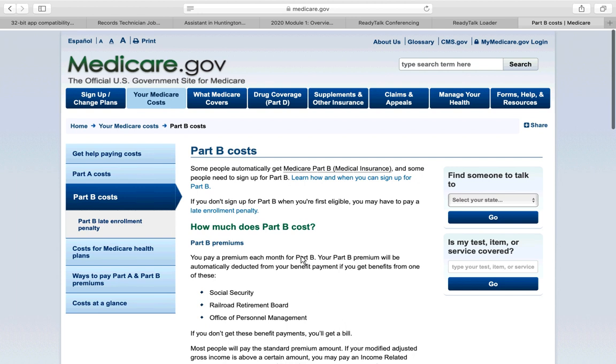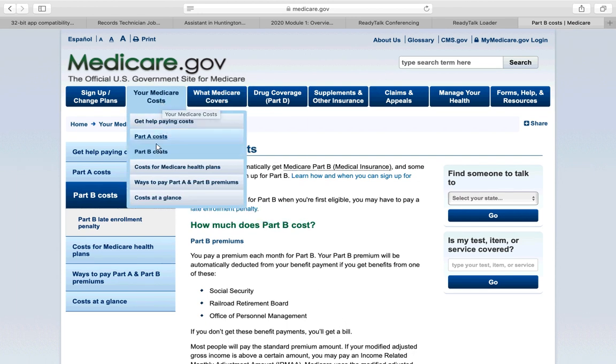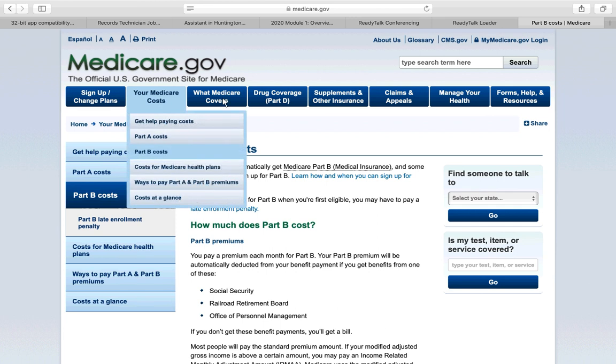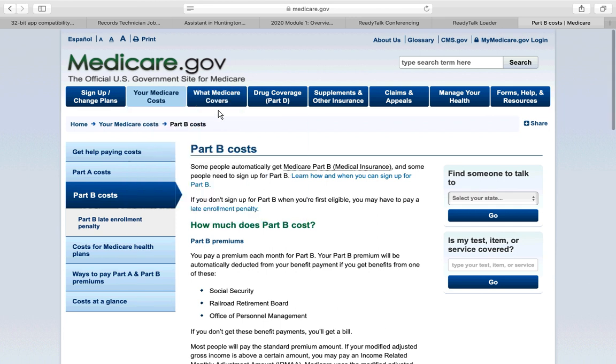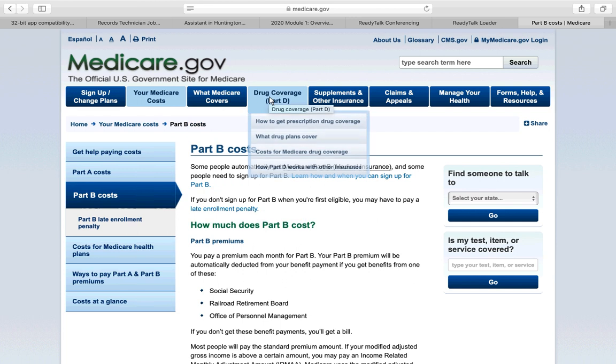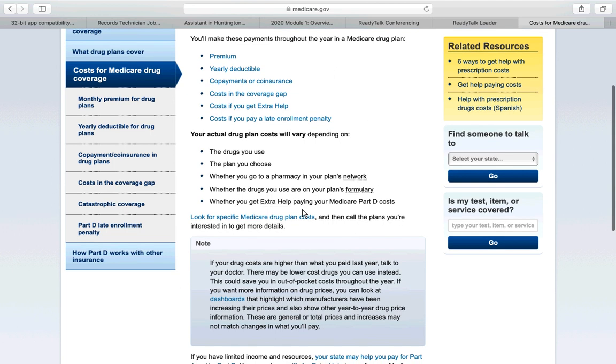The way that I learned everything on here was just by exploring, going on here and clicking on every single one of these icons and seeing what's on here, what it's all about. Okay, this information here is regarding prescription drug coverage as well. Same thing if you're dealing with somebody who has a high income and they want to know how that affects them, then,